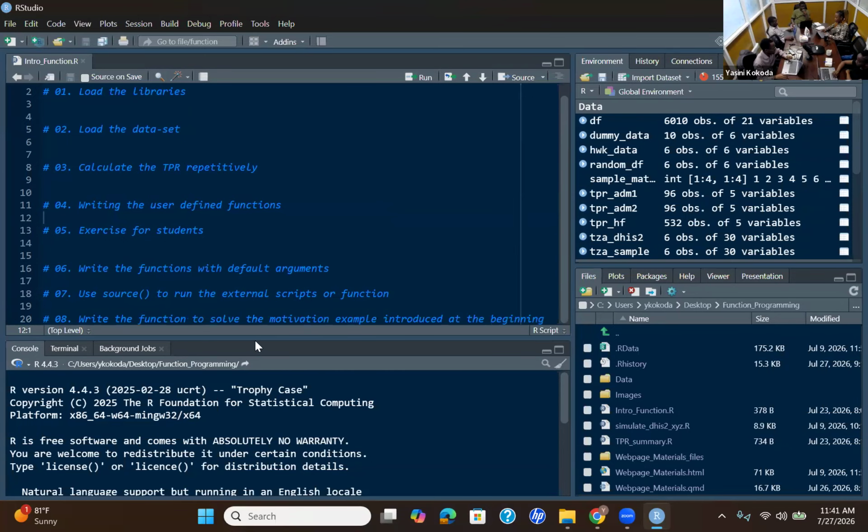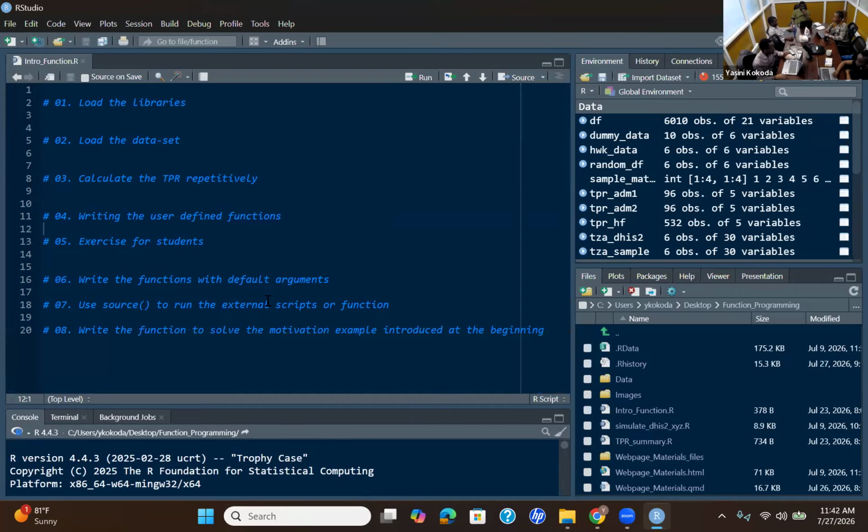So in this demo or live coding, we are going to cover some parts here. We will have the example we introduced in the slides, and we will use it here to show you a little bit how tiresome it is to write repetitive code. So we will repeat the example here, and then we will start writing the function in R. We'll try to write simple functions and also give you some exercises to write on your own.